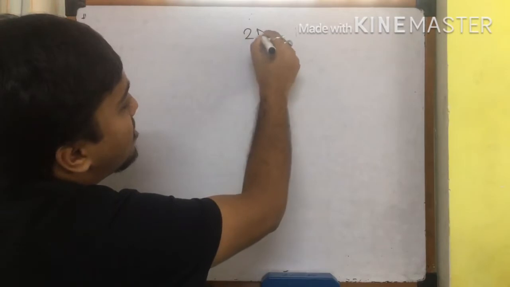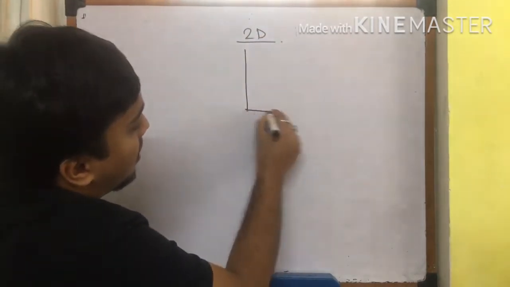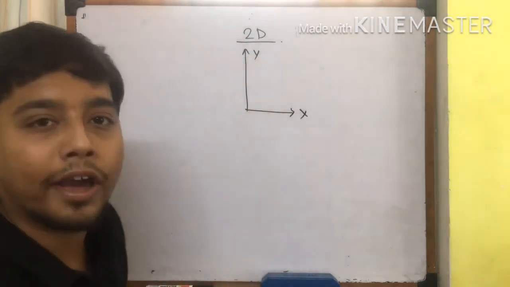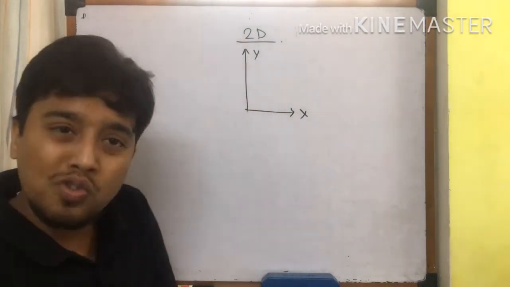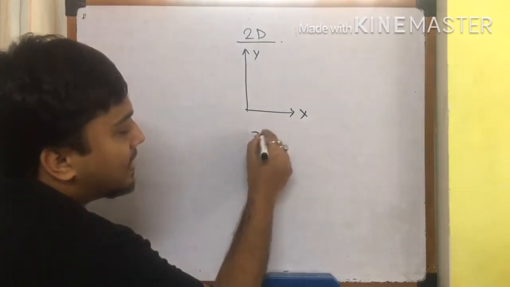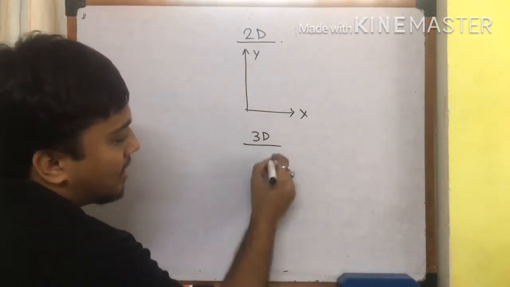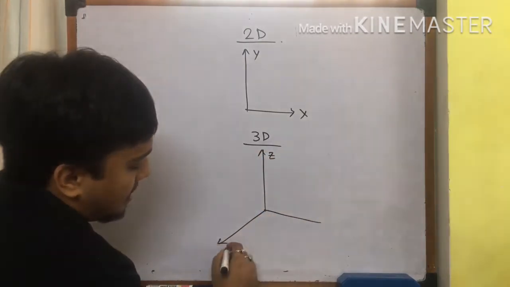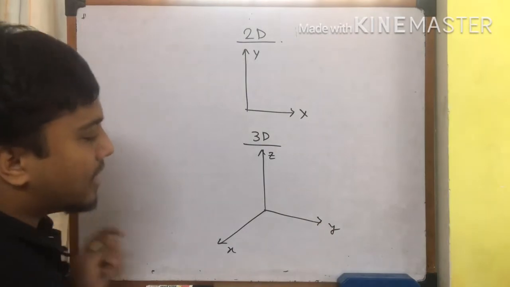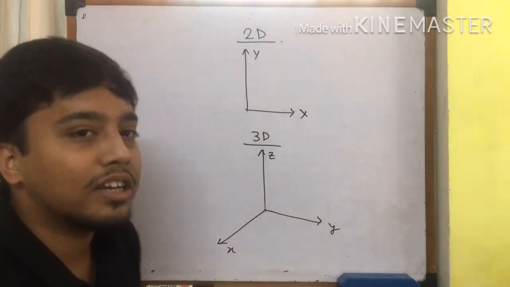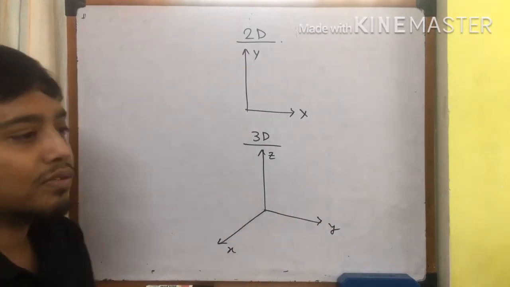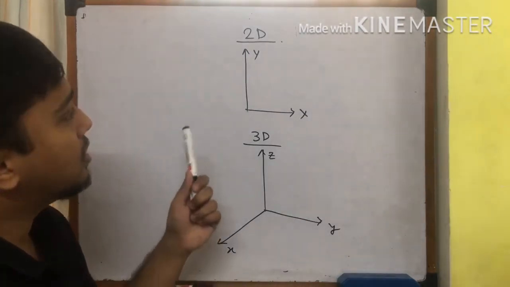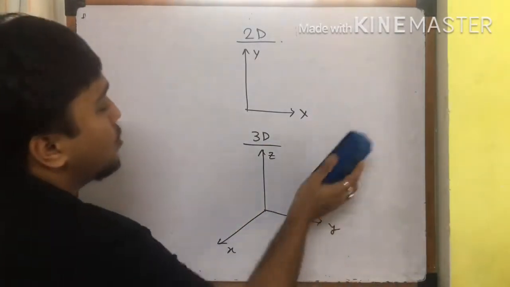In a two-dimensional figure, a 2D figure, there are two axes, x and y. That's why it is called a two-dimensional figure. And in 3D, there are three axes, x, y and z. That's why this is called 2D and 3D. This is a two-dimensional figure. 3D you will get to know in 11 and 12, and we will go through this 2D two-dimensional chapter